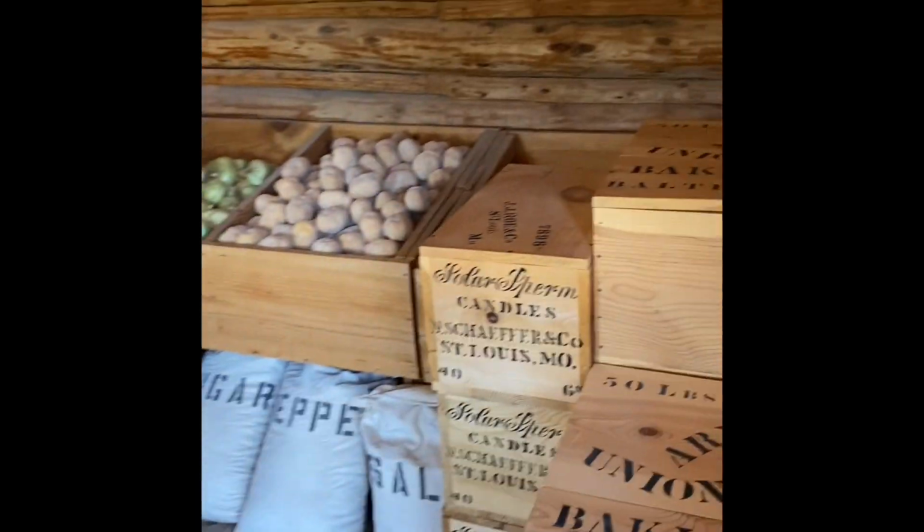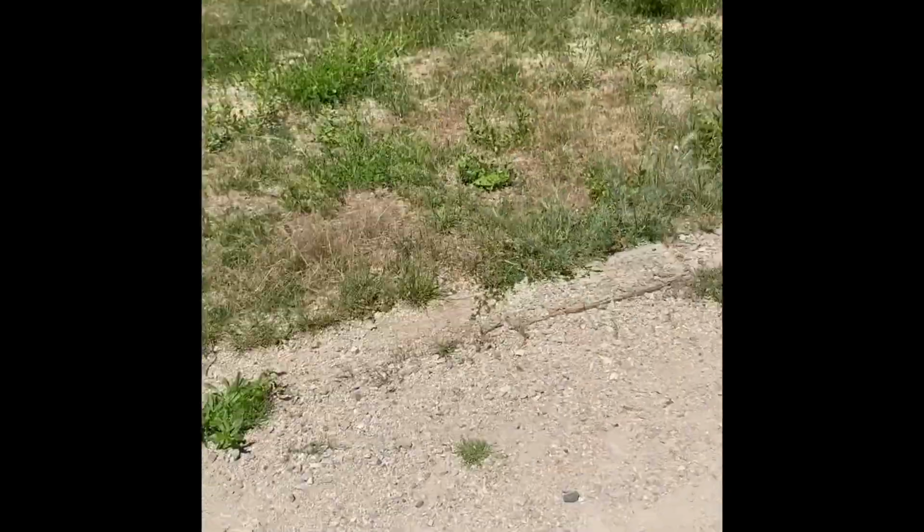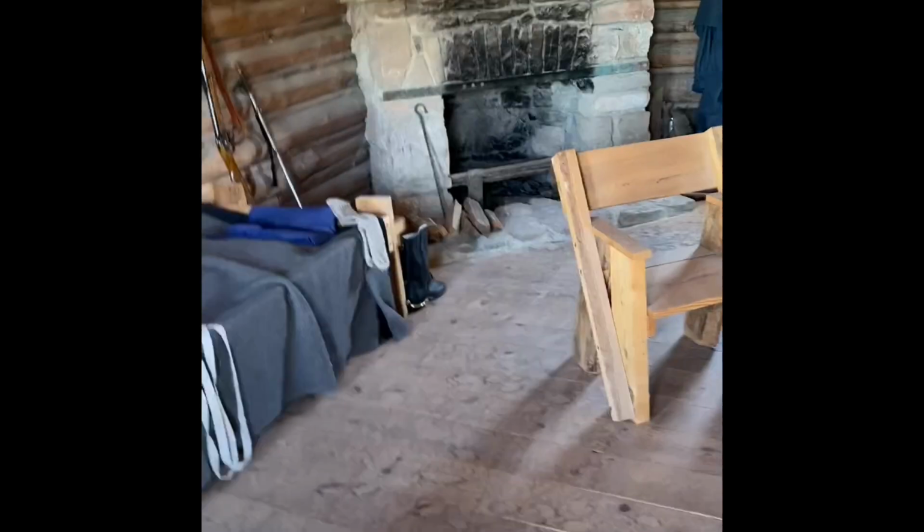So you see here's where the produce and stuff was. So here's another store. This must be where the horses were. Really cool. This is where they would clean their clothes. And I guess this is another living quarters. And here's